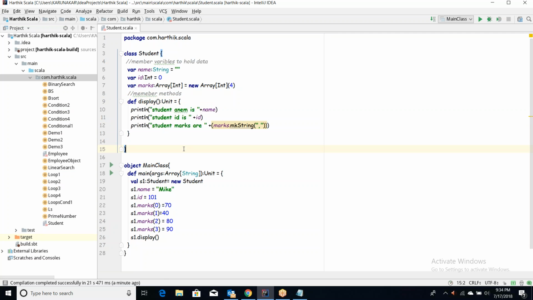Can you tell me, guys, how many user-defined functions, or methods, are there here? How many user-defined methods are there in this code? Whatever code we have written, how many user-defined methods are there? Two. What are they? Two user-defined methods. Any user-defined method